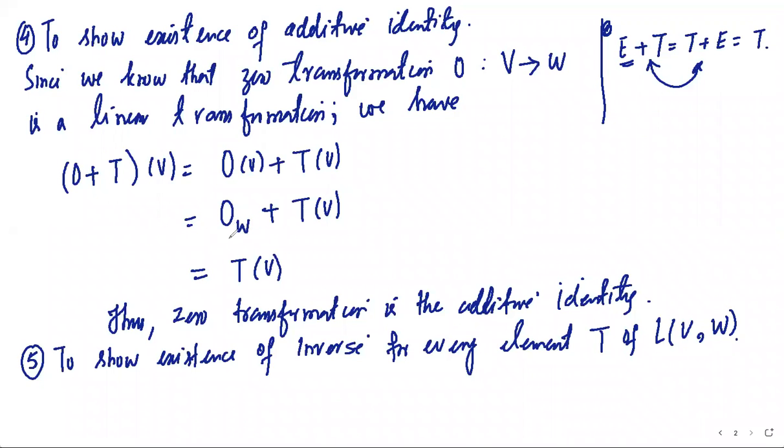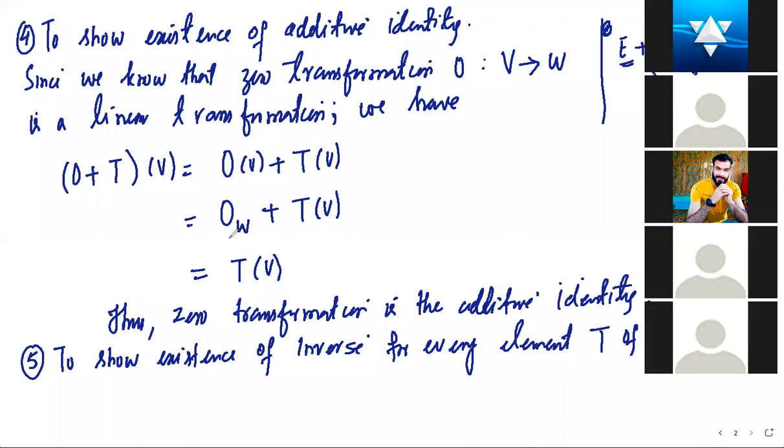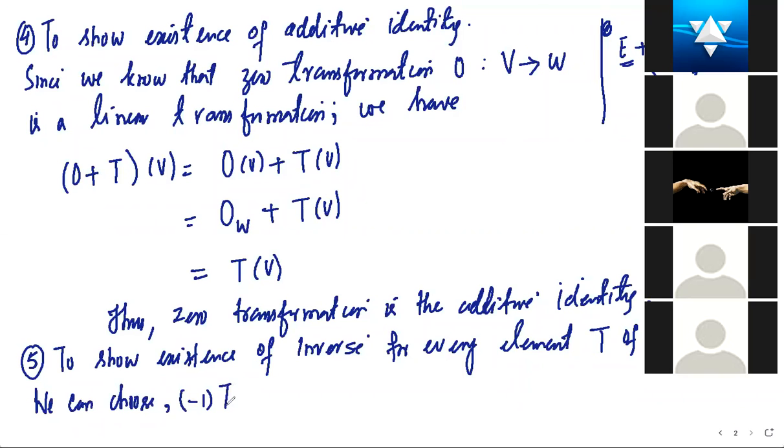Negative transformation. हाँ बिल्कुल, we will choose minus times T. Why can we choose minus times T? How do we know that minus times T is also a linear transformation? Can you give some explanation for it? Minus 1 times T, because we know that alpha times T is a linear transformation. ठीक है? So Sir, homogeneous property. We can choose minus 1 times T belonging to L(V,W),